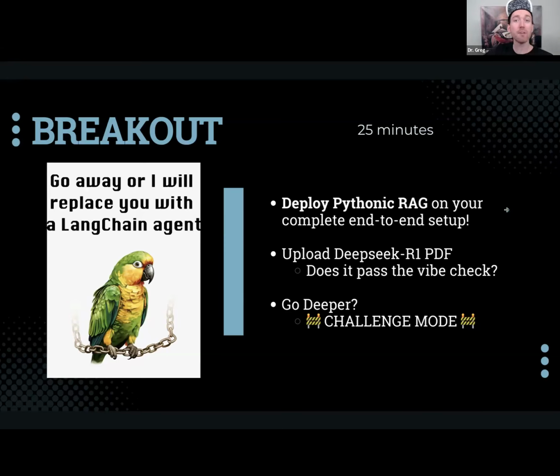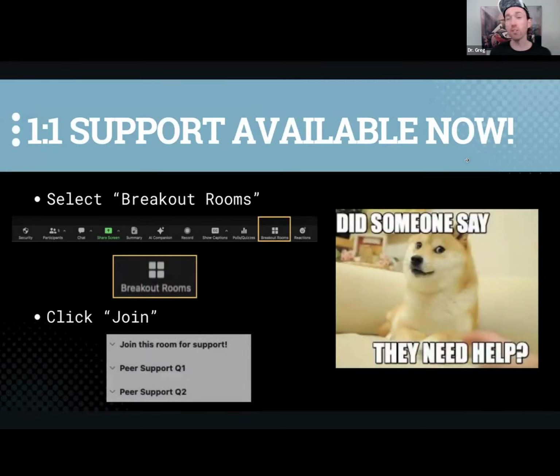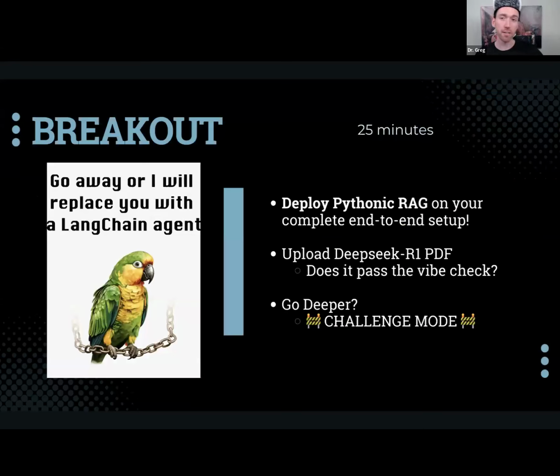Now, we're going to go to breakout rooms. For those of you that are engaged, want to do this, are in it, heck yeah, that's what we're talking about. If you're like, oh my God, I still don't have my basic setup ready and I would rather work on that, Todd LLM is available, Duke is available. They are in. Come here for one-on-one support. You can jump in or let your peer supporter know we're here to help you out, meet you where you are. Advanced folks, get after it. Go advance. We got 25 minutes. We'll see you back to close out session 3. Enjoy the time together, guys. Pythonic RAG in Chainlit. Let's go.